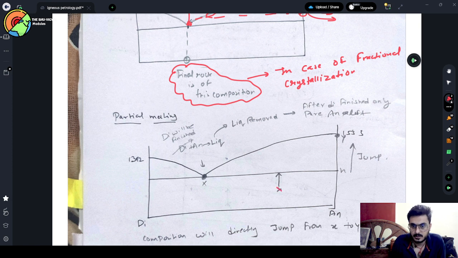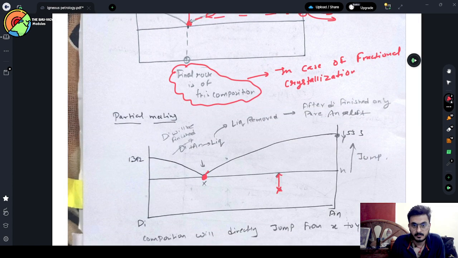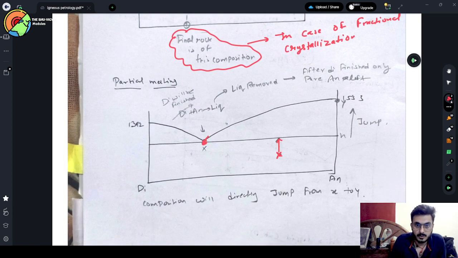Suppose this is the initial composition of the rock, and when we hit this point, we'll get the melt of this composition, and whatever melt is forming here is getting removed. So liquid is getting removed until the point the diopside is finished. When the diopside is finished in this rock, we will get the final melt, which is of